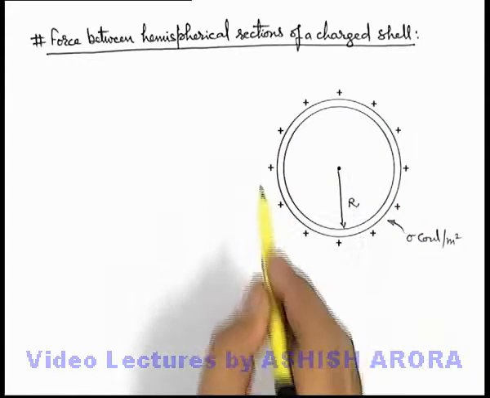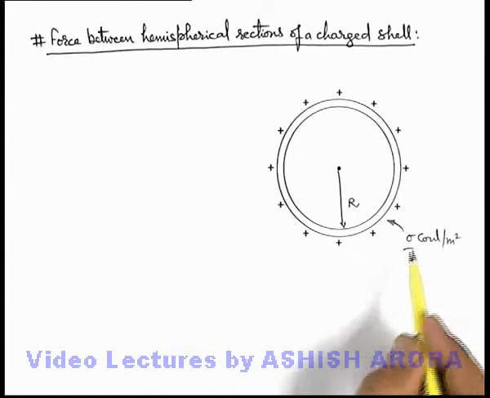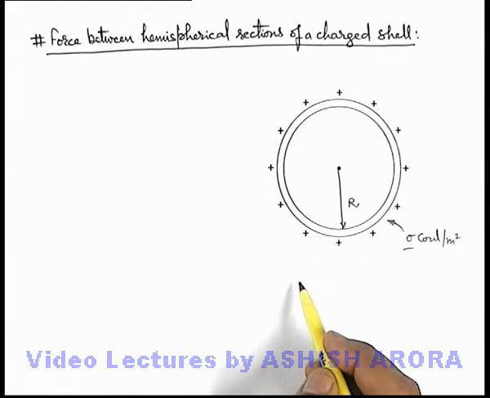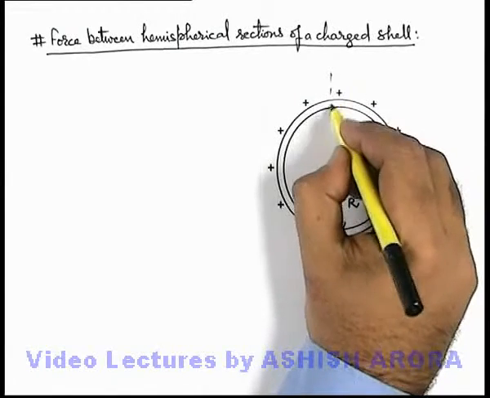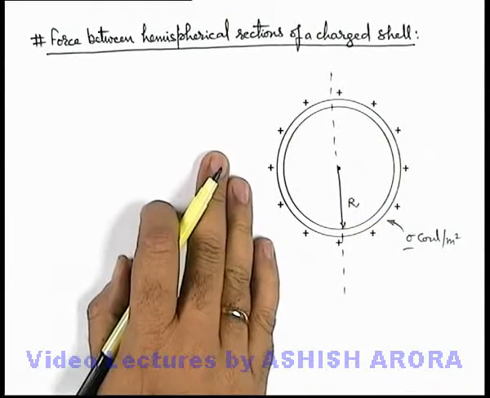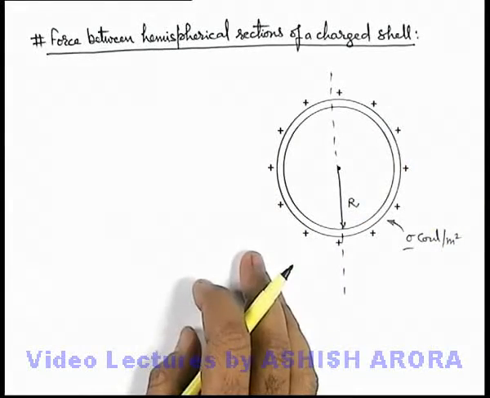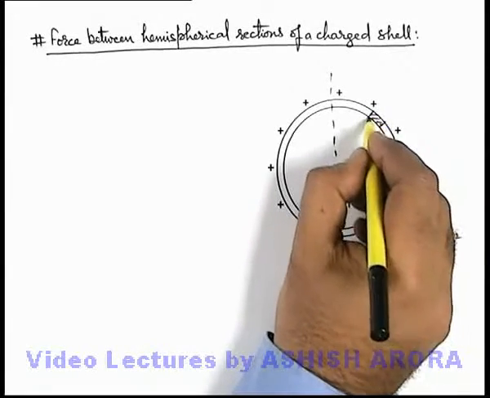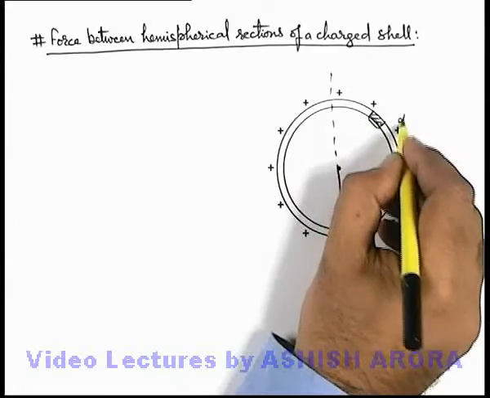a uniformly charged spherical shell with a surface charge density sigma coulomb per meter square, and the shell is of radius r. Here we wish to calculate the amount of force which the left half of the hemispherical shell will exert on the right half. Then in this situation, let's first consider a small elemental area ds on the surface of